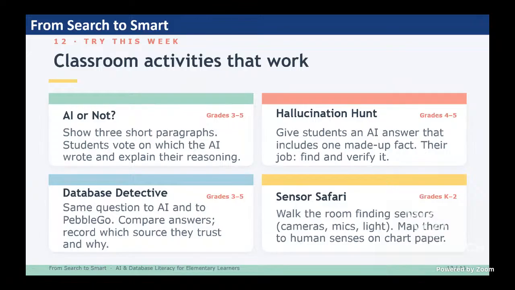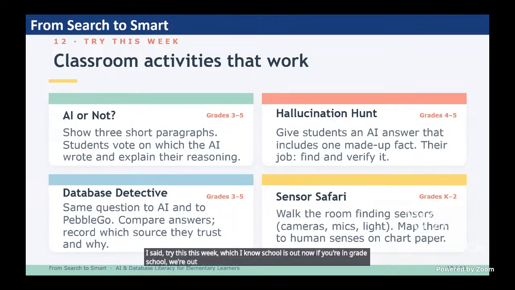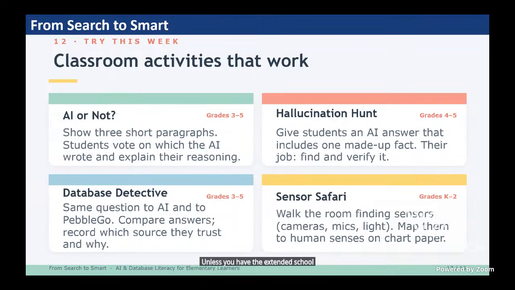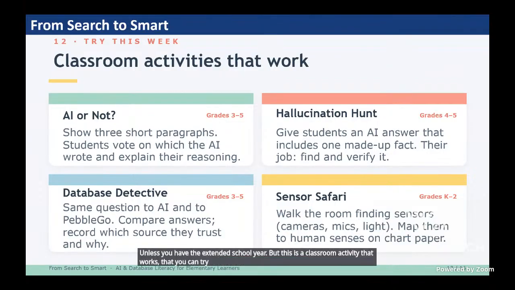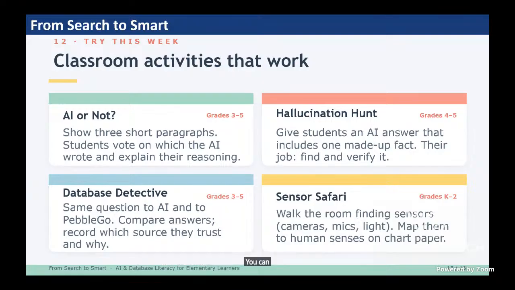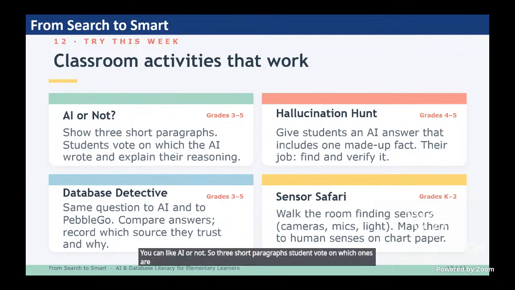So I said, try this week, which I know school is out now. If you're in grade school, we're out unless you have the extended school year. But this is a classroom activity that works, that you can try. You can do "AI or Not": show 3 short paragraphs, students vote on which ones are AI, and explain their